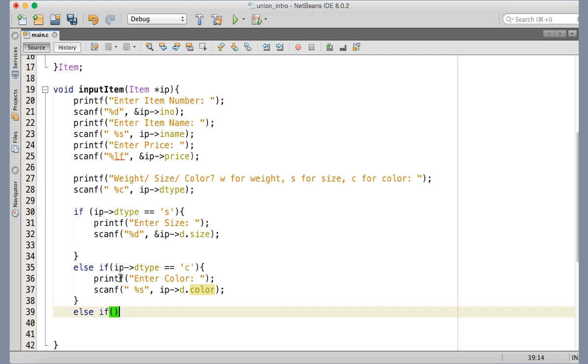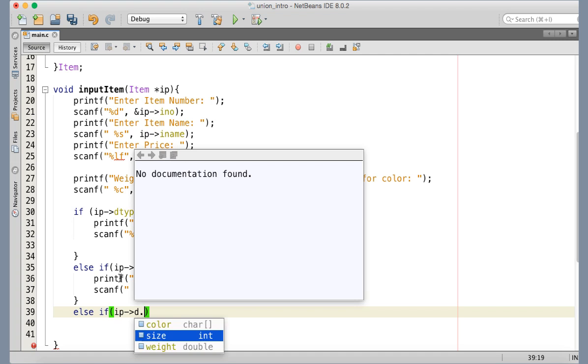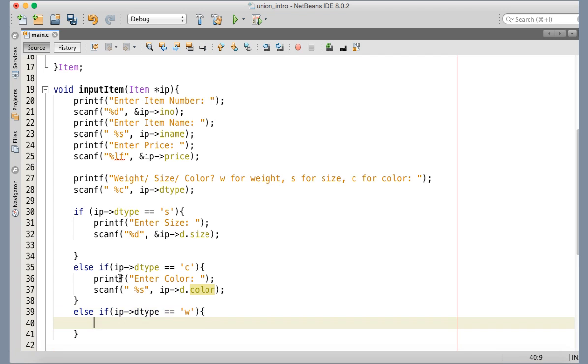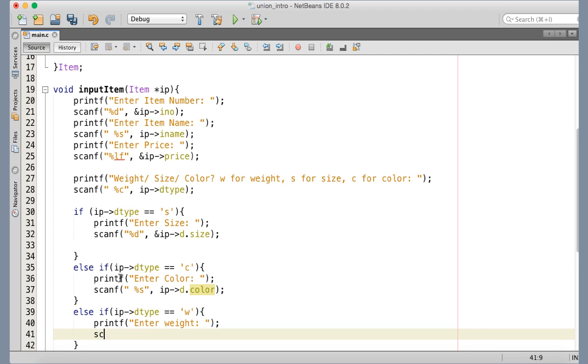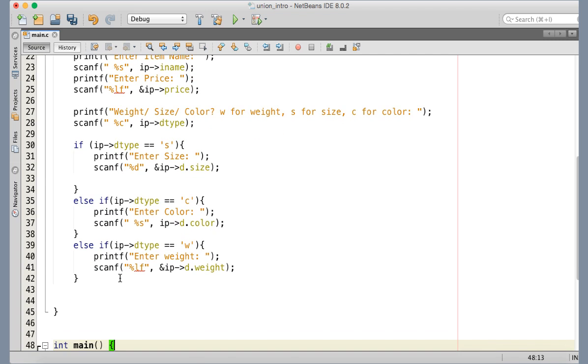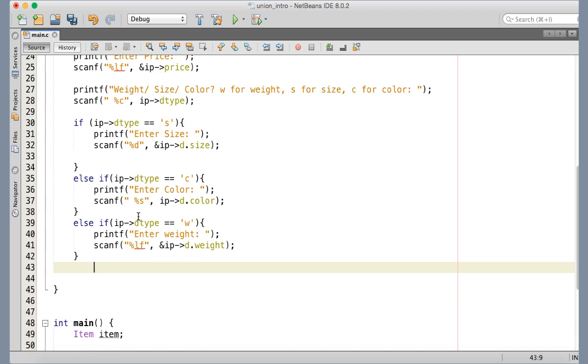Otherwise, if this is weight, then the user has given W, then it goes there in the weight variable within D. So %lf is the format specifier for double, then ampersand ip arrow d dot weight. So this is how we input the values, and we keep the track of what value is actually kept within the